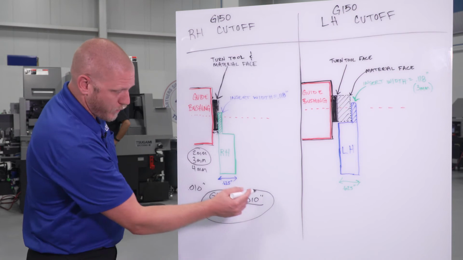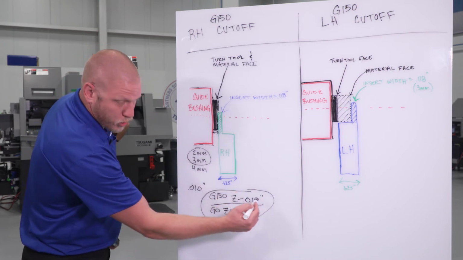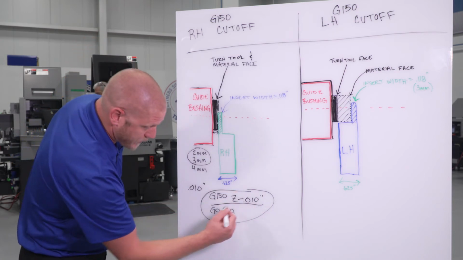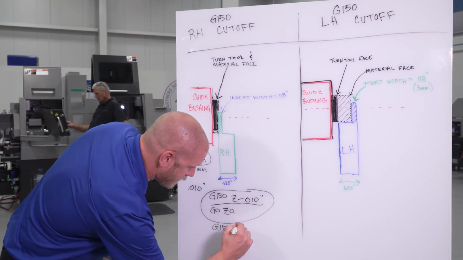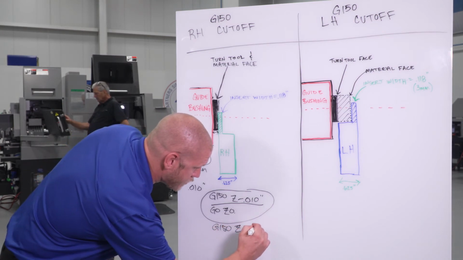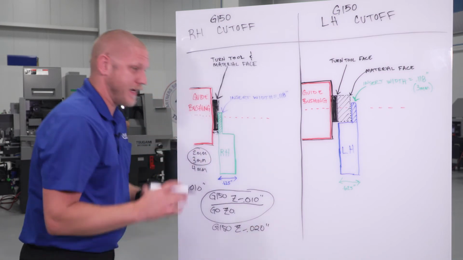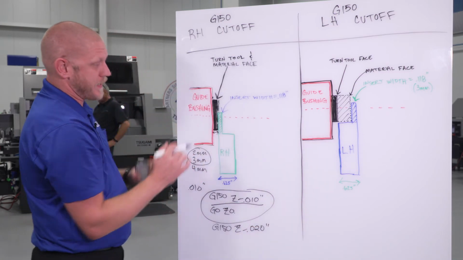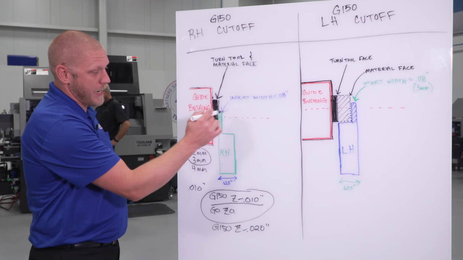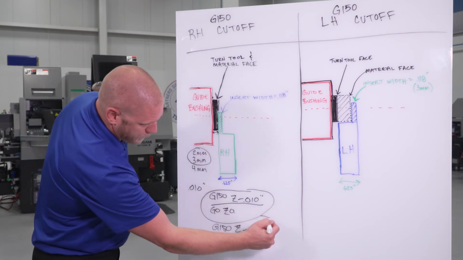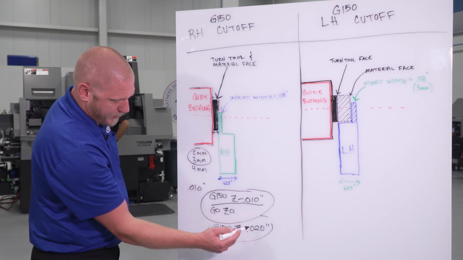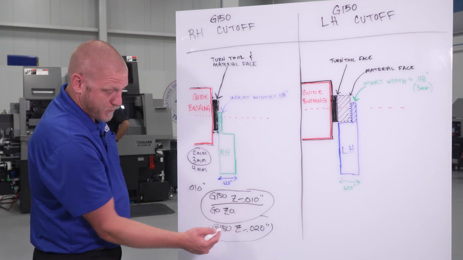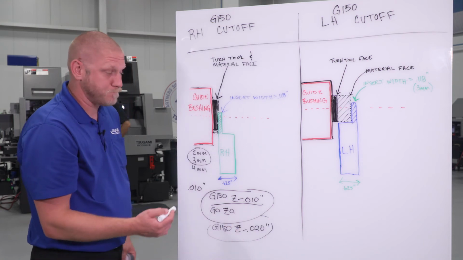If you're not, you would make this number larger. So let's make it G150 Z minus 20 thousandths. Now I'm going to feed out 20 thousandths past this point. Usually what happens when you have to start going to extreme values to face off, say you had to face off 10 thousandths, but you had to tell it was at 20,